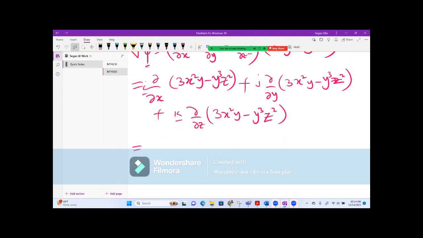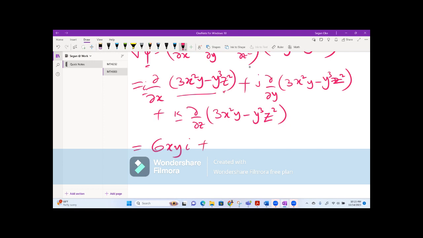Now, the first one, the i component, says the x. It simply means your target is x. Anything without x will be 0. So let's differentiate this one. What do we have? When you ask to differentiate this, what do you have? Anybody? 6xy, sir. 6xy. Thank you. 6xy. Now the last one is what? 0. So 6xy i